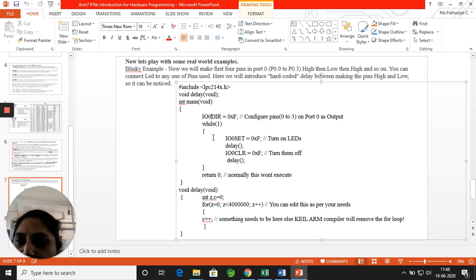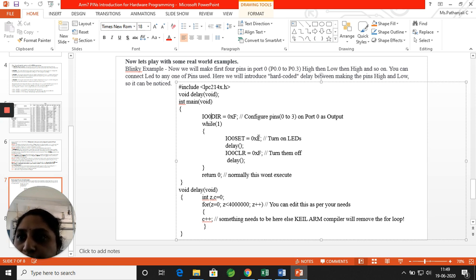So inside your while loop, I am going to set the pin with a value. I have just activated the pins here; I have not set any value in the directory register. In the set register, I set the pins to the value. So now I am putting 0xF.